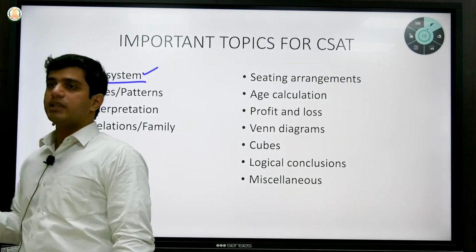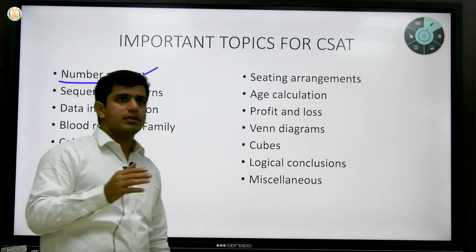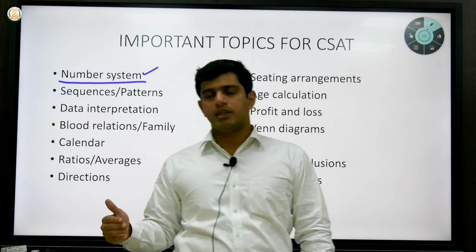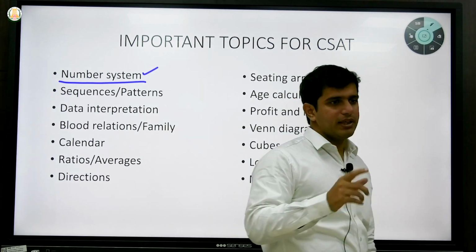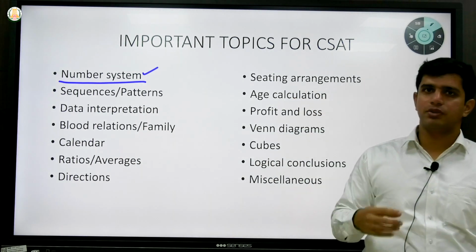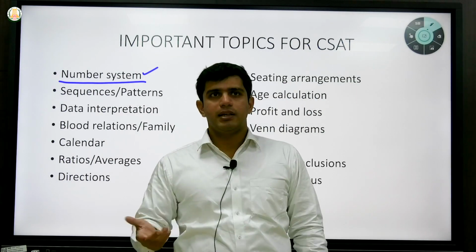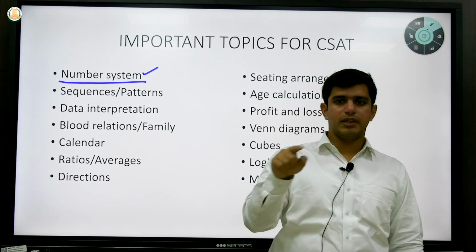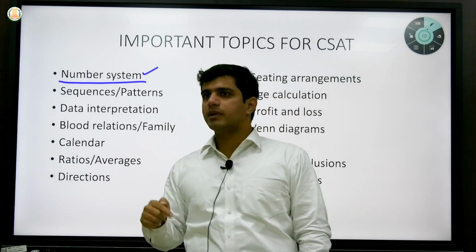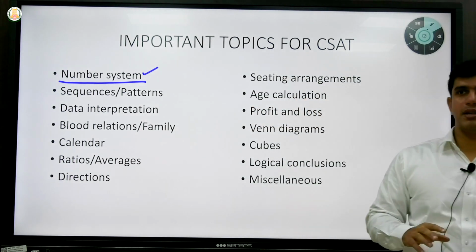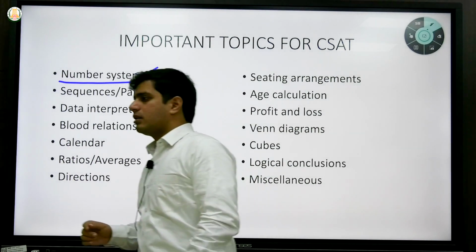You should also have command over the divisibility rules. Let's say a number is divisible by 3, then the sum of its digits will be divisible by 3. If it is 5, then the number ends with 5 or 0. If it is 9, then the sum of the number's digits should be divisible by 9. So you should have an understanding of such divisibility rules, and some knack of